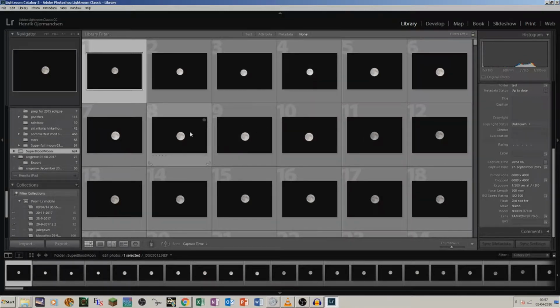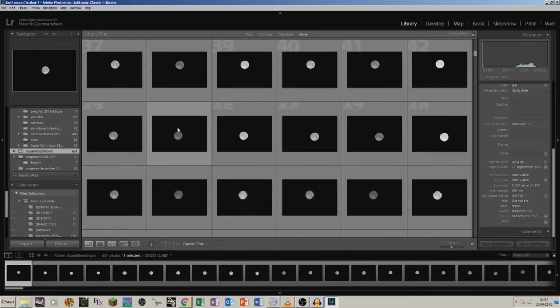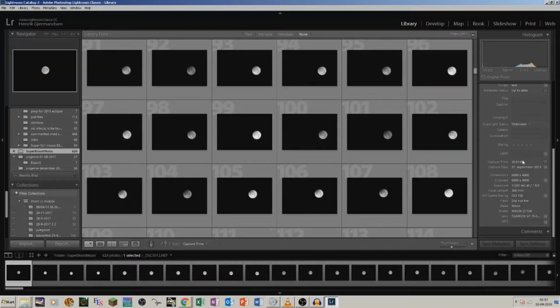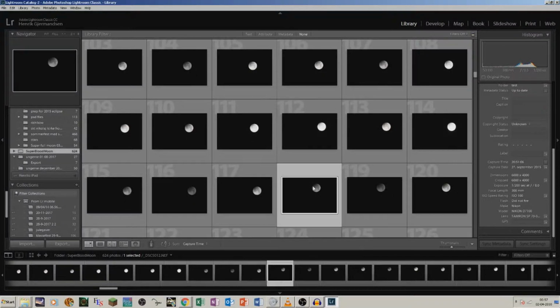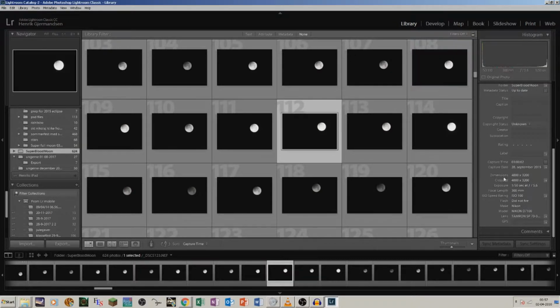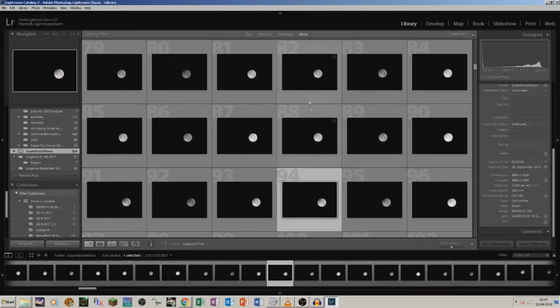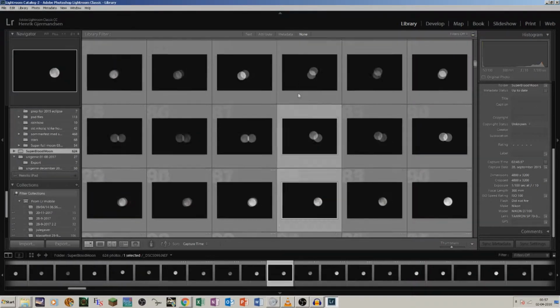Anyway, let's see when this eclipse actually starts to take place. The internal time on my camera, I'm not actually sure it's correct, but whatever. And here's actually where I've messed up, I can see. So, let's go back and I'll actually show this to you. So this means that I'm actually zooming in more.